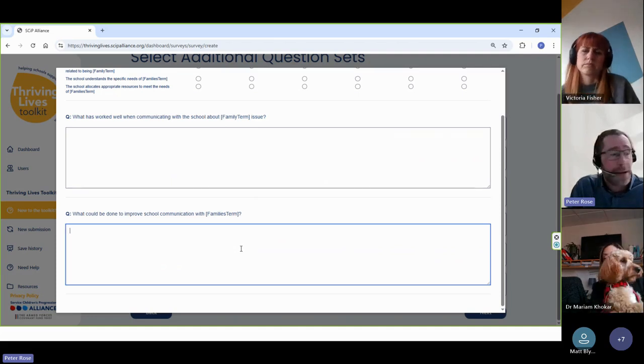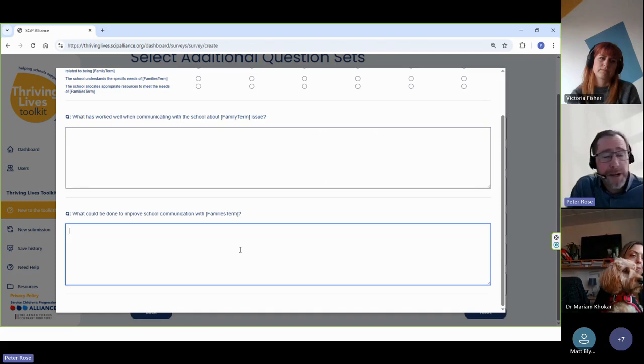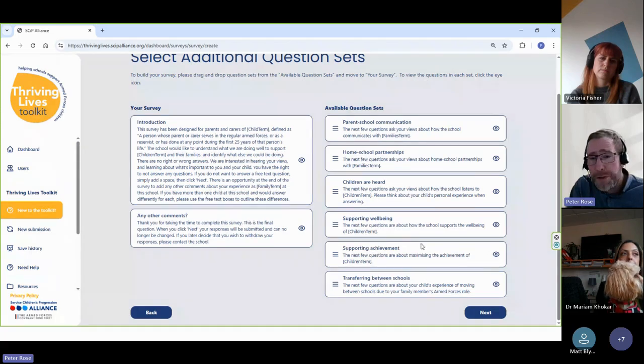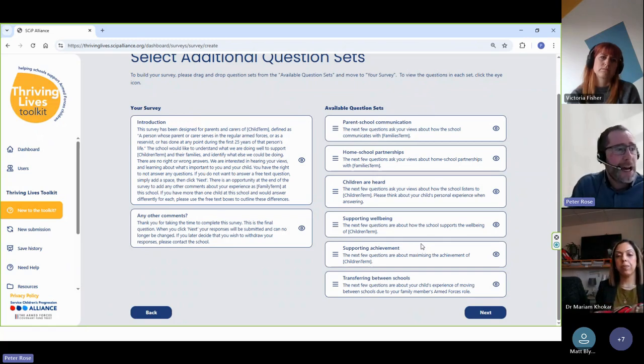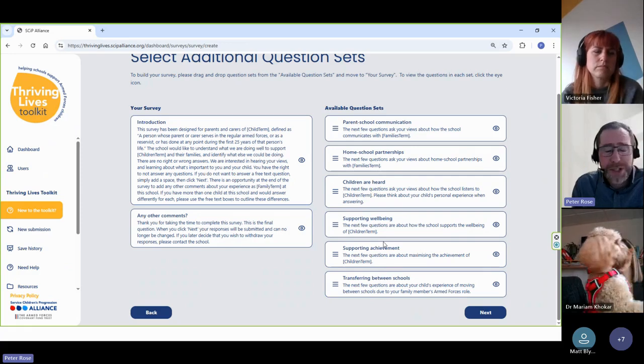It's the idea about trying to capture both some positive reinforcement about what is working well, but also giving respondents the opportunity to make their own suggestions or identify potential areas for improvement. You can select as many or as few of these question sets as you want. The thought being that each time the survey is run, it's likely that there may be different priorities that might be looked at. It is possible, if you want to select all 6 question sets.